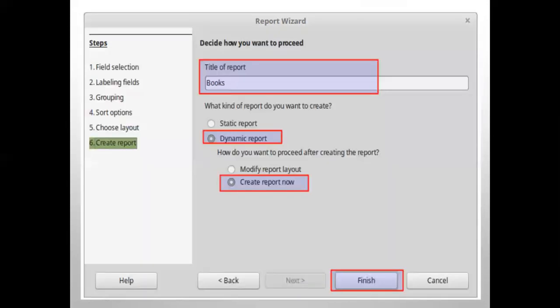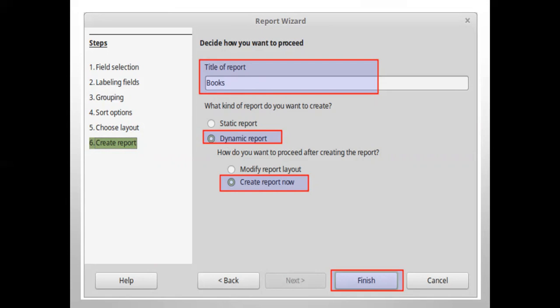Last step will be to give a title to your report or save the report with a name. So here you are adding a title, and click on this option, static or dynamic. Dynamic report generates data from the current table data.